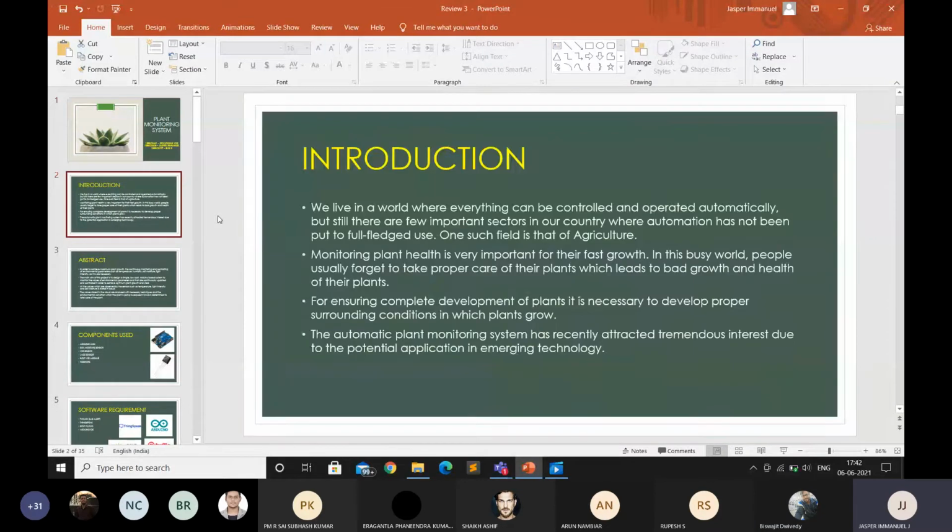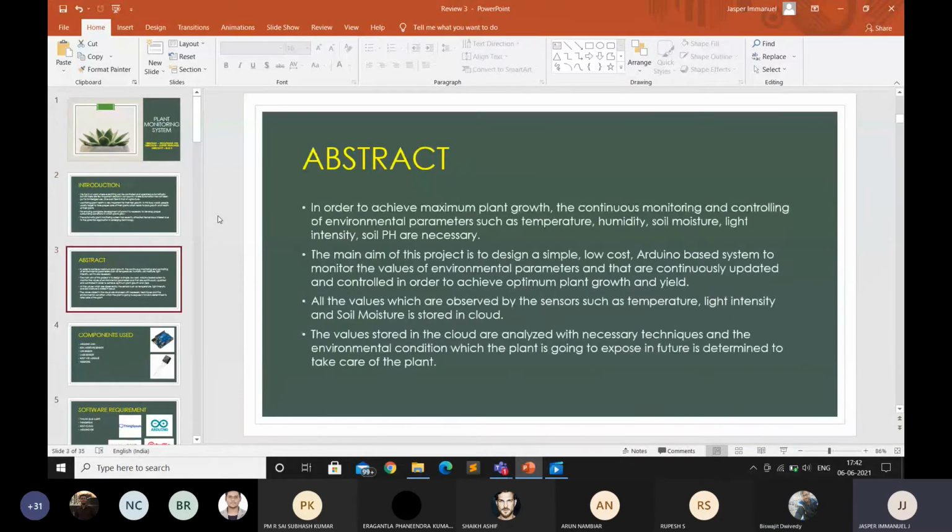In review 1 and review 2, we have covered all the abstract part and the block diagram part, but still I would like to give a small gist of our project. The intent is to develop a plant monitoring system which will continuously monitor the environmental parameters necessary for the growth of a plant. In this project, we are monitoring 3 parameters: light, temperature, and soil moisture. Light is essential for photosynthesis, while soil moisture is essential for the growth of the plant.